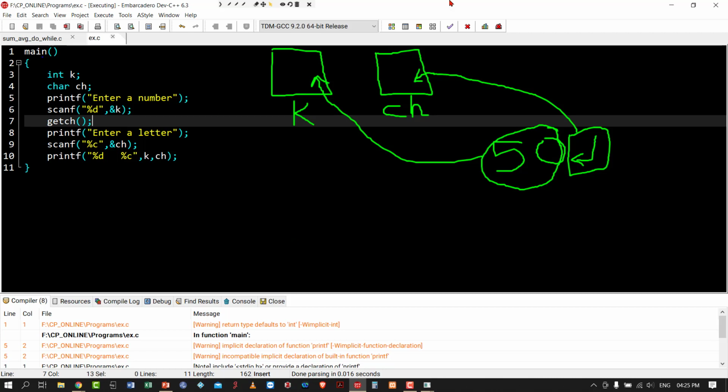Since I use getch here, actually getch just captures something. Since I am not storing that captured thing to any variable, it will just capture something. So I included getch.